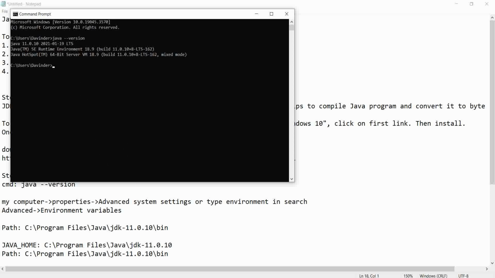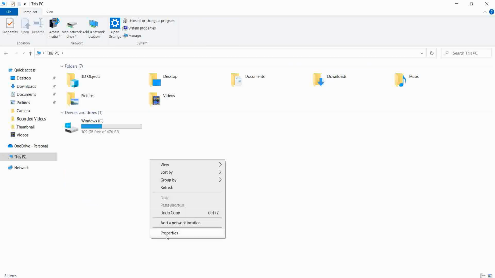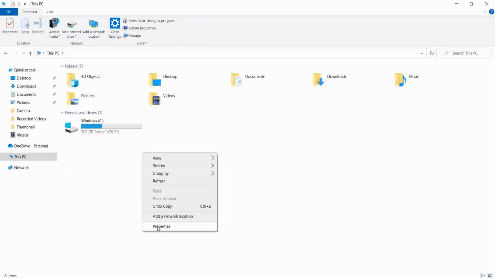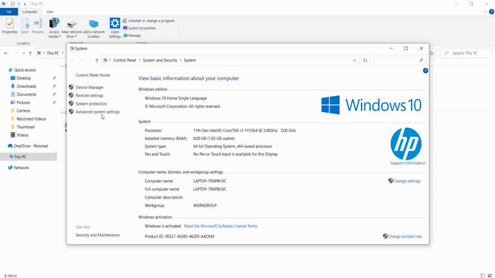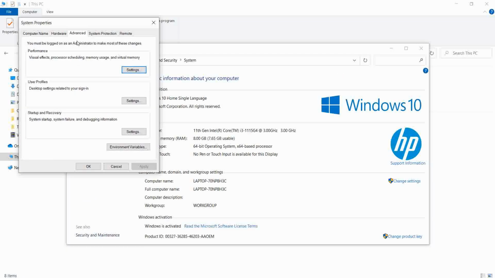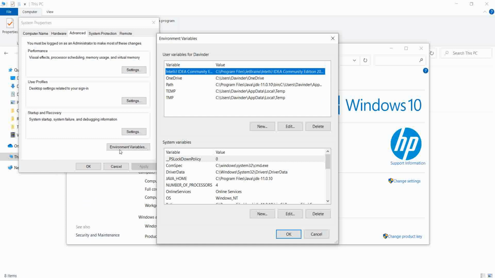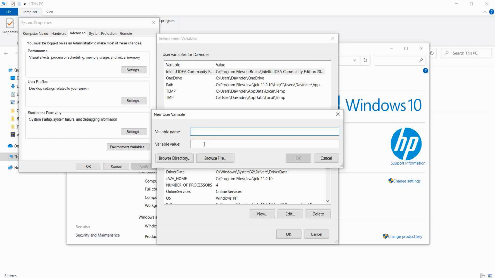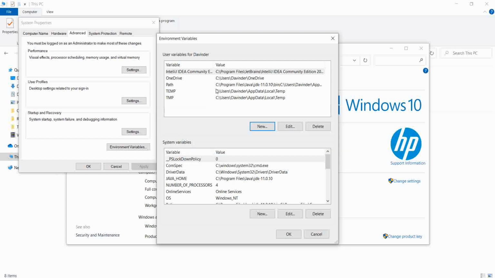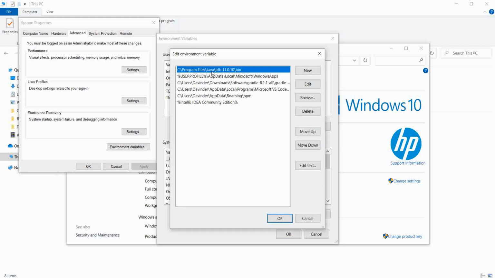For that you will go to My Computer, right click, properties, advanced system settings. You will go to advanced environment variables. Now you will see the path variable, PATH. If it is not there, then you will click on new, write path, and set the path value. If it is there with the previous JDK, then you will only update it. I will go to edit. I want to update it with JDK 17. I will go to edit,